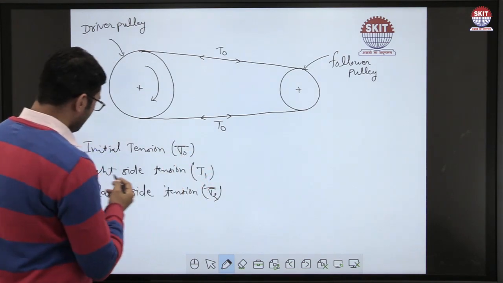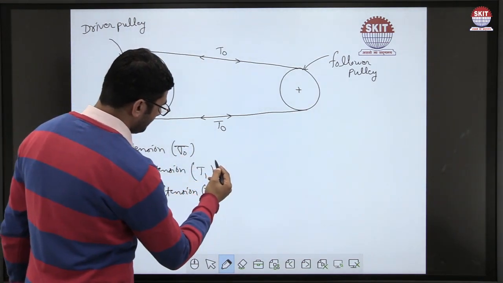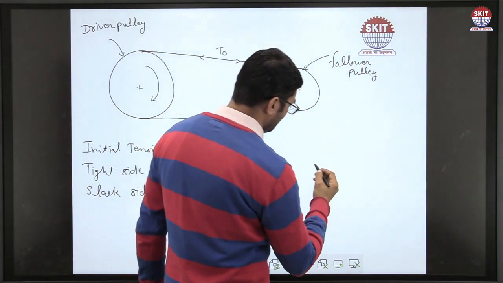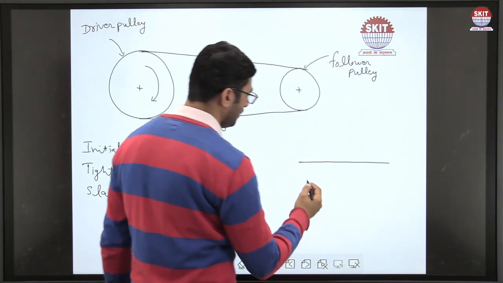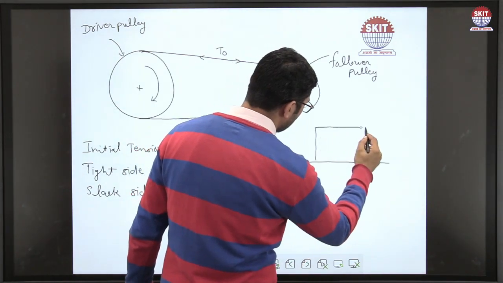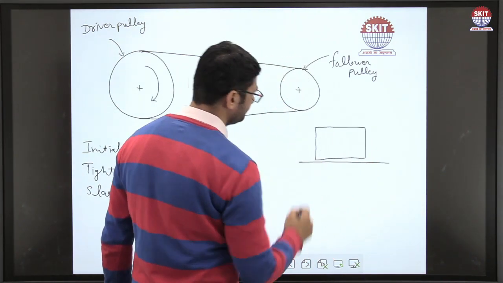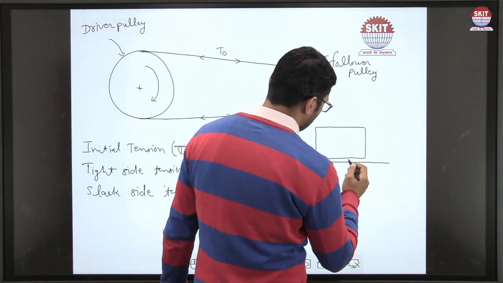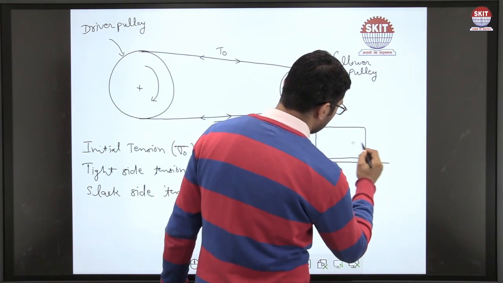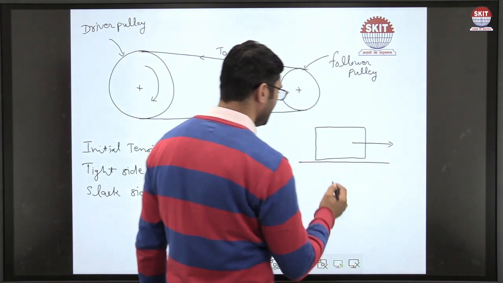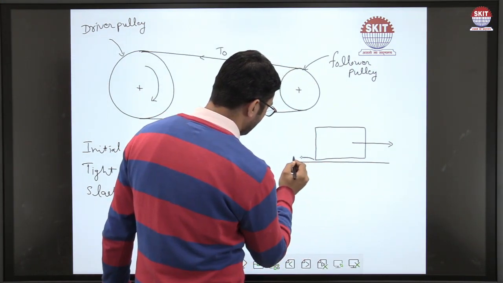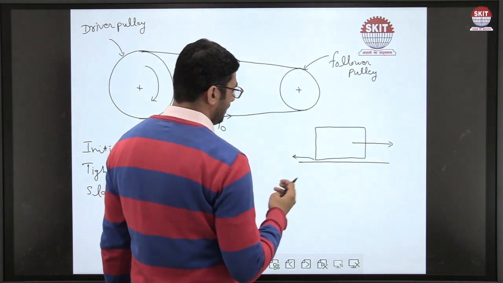To understand the initial tension, tight side and slack side tension, we use the concept of friction force. We all know that when a body moves on another surface, friction force is applied between the surfaces. If this body moves in this direction, then the friction force on this body is applied in the opposite direction,